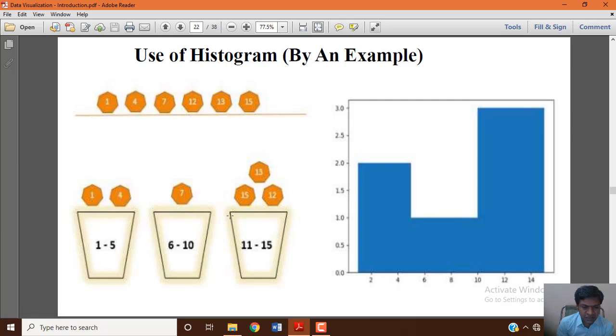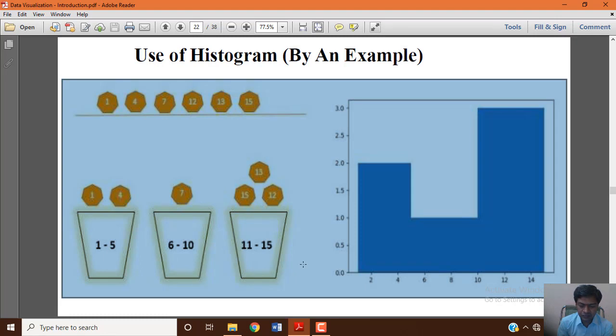According to this, three different subgroups and three bars will be generated. You can see clearly how the histogram takes place. On the right side you can see the histogram. Here the y-axis shows the data set values, and the x-axis by default shows values starting from 0 and so on. You can see the histogram generated here clearly.